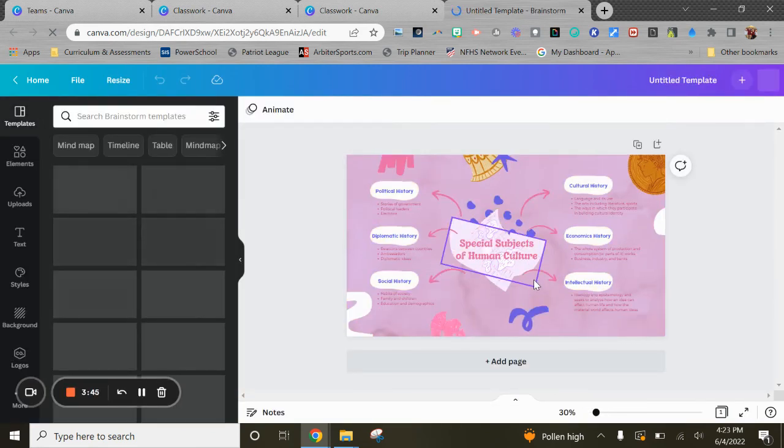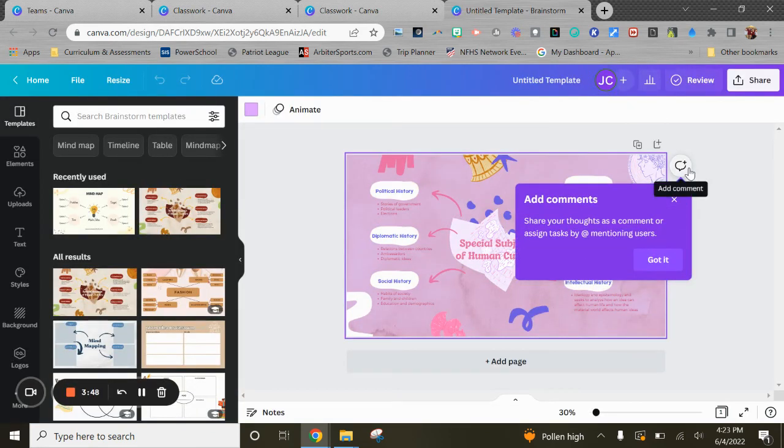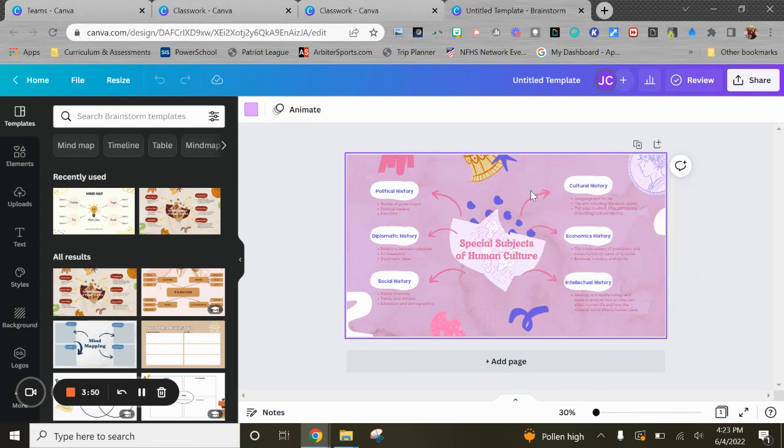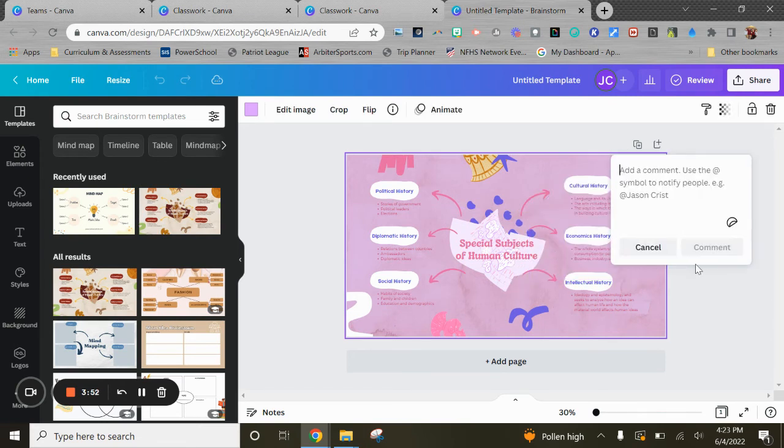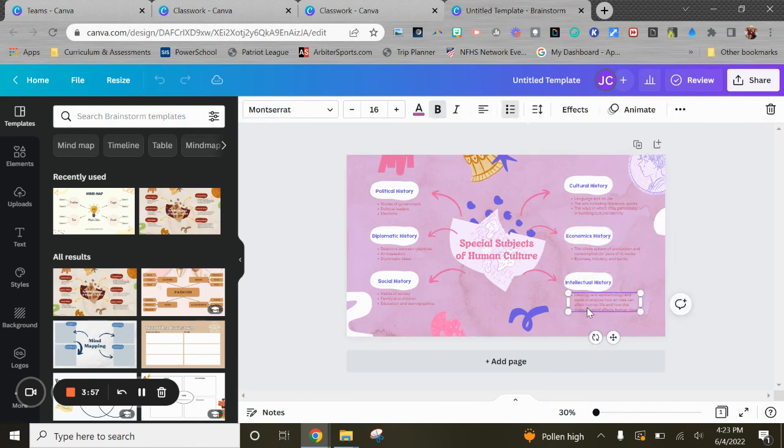I can click review. And when I do this, I can share some comments, or I can come in and comment on different aspects. Even if I click on specific things, I can add comments to that specific student's work, and then I can check that it's been returned, or I can return it back to the student, very similar to assigning in Google Classroom. So that's how to create an activity,